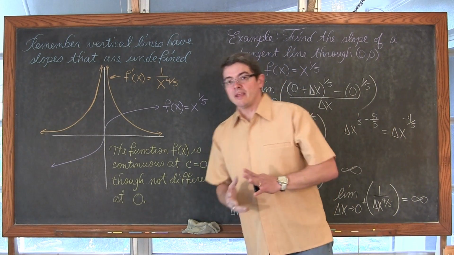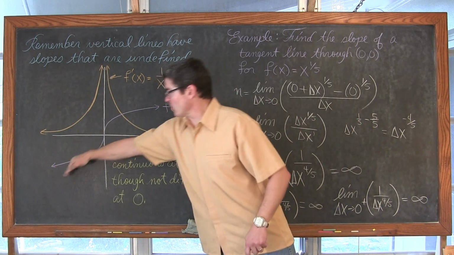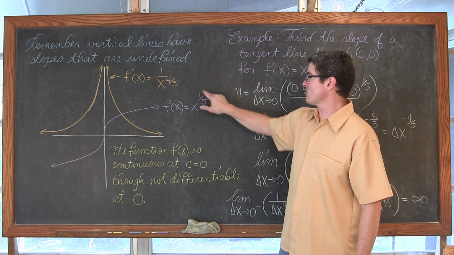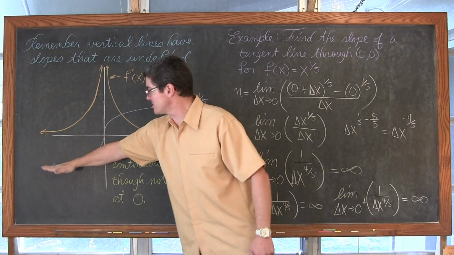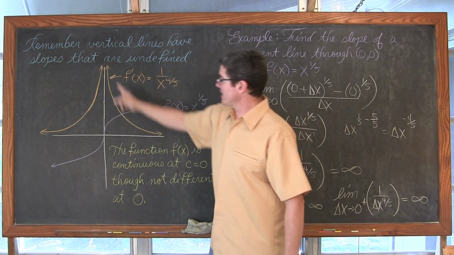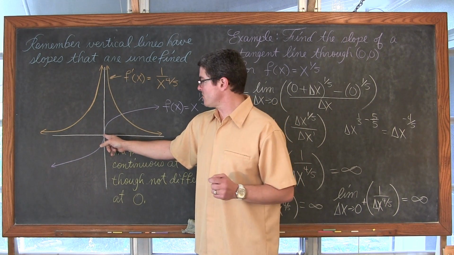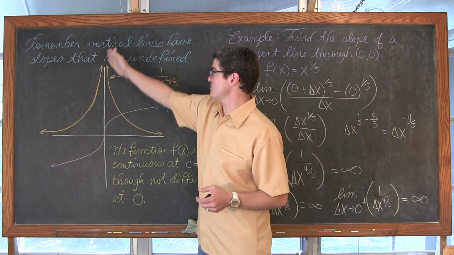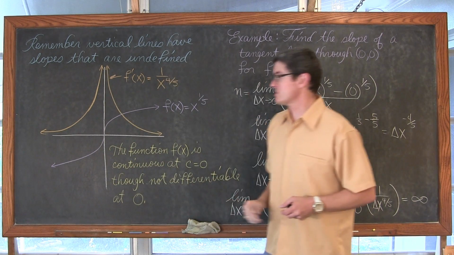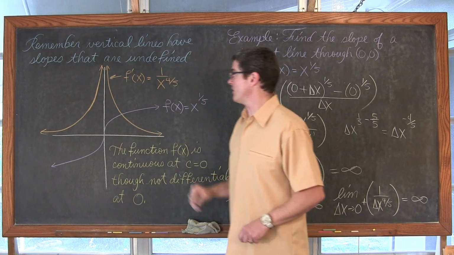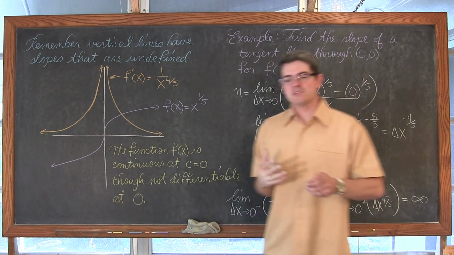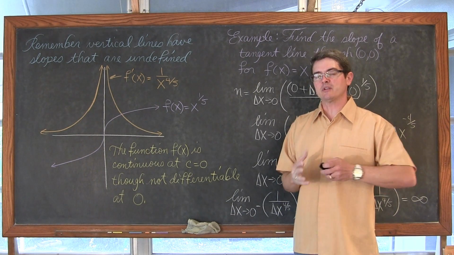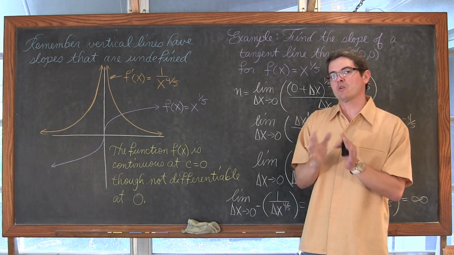So what I've done is I have drawn here in purple roughly what the function f of x equals x to the 1/5 looks like. It's a smooth continuous function. But there is that sharp rise at x equals 0, and there's that vertical line, which is our tangent line at x equals 0. And in orange, even though I'm saying the definition of the slope of the tangent line interchangeably with the definition of the derivative, it's not exactly correct.